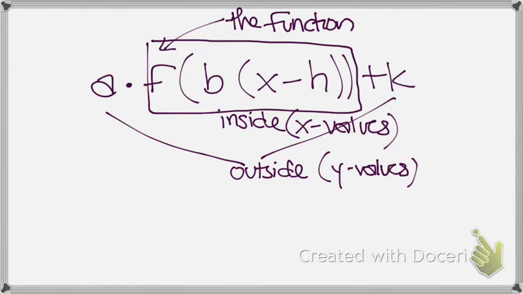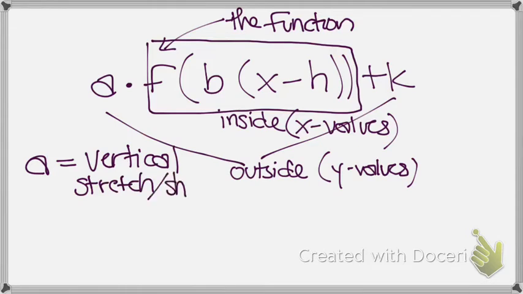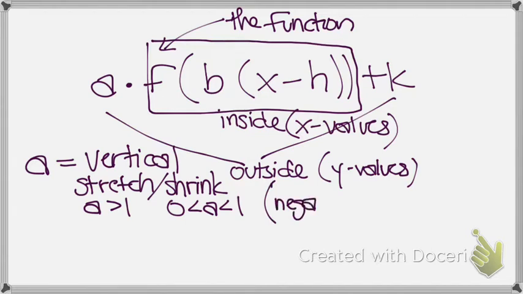Okay? So make yourself a list of things. Here is what a does. A is a vertical stretch or shrink. It's a stretch if that a value is larger than 1. It is a shrink if it is between 0 and 1, like a fraction like 1/2, 2/3, 1/4, something like that. A also does one more thing. If it is negative, it is a reflection